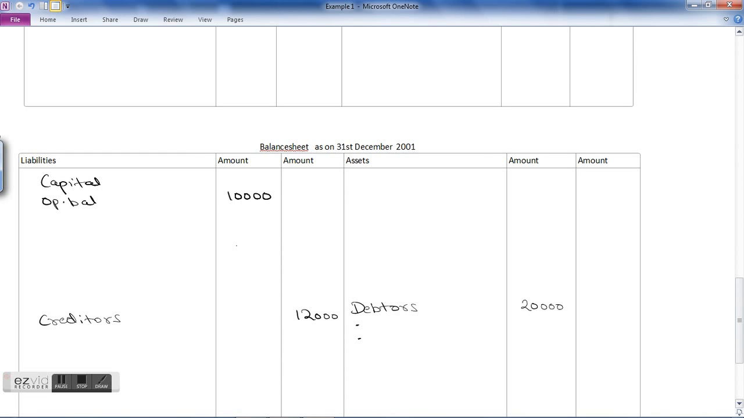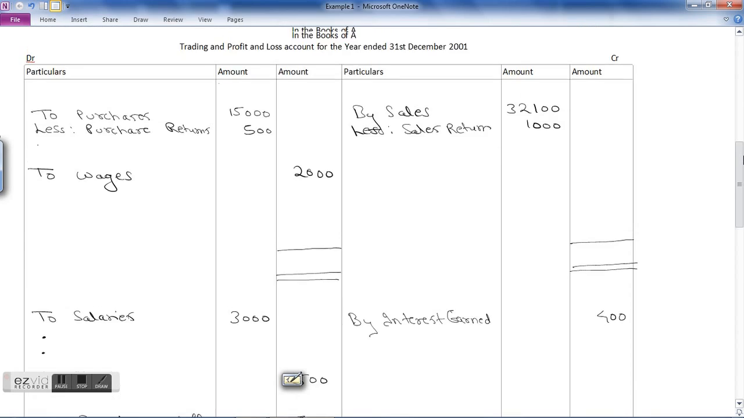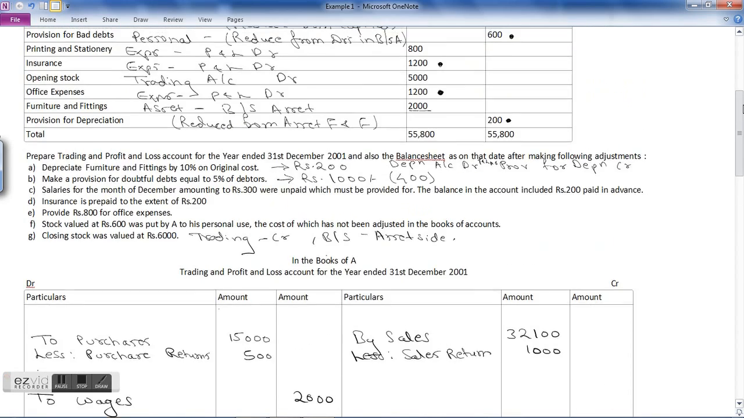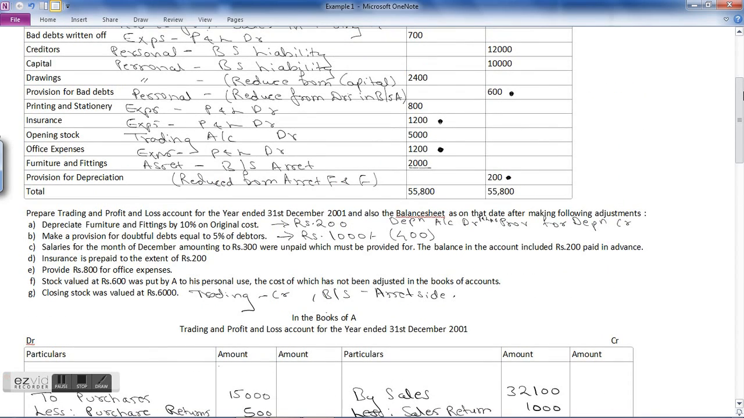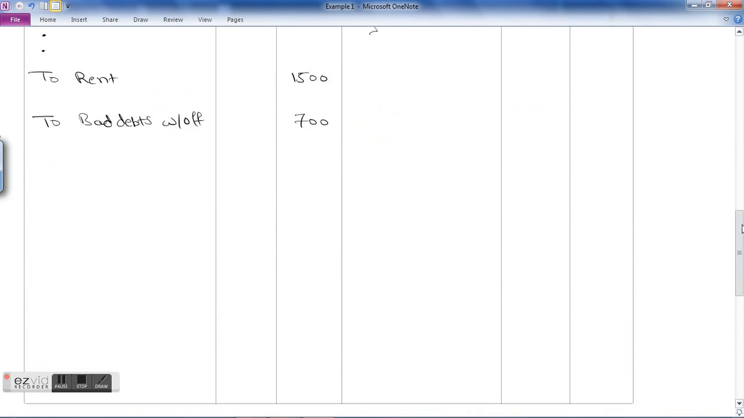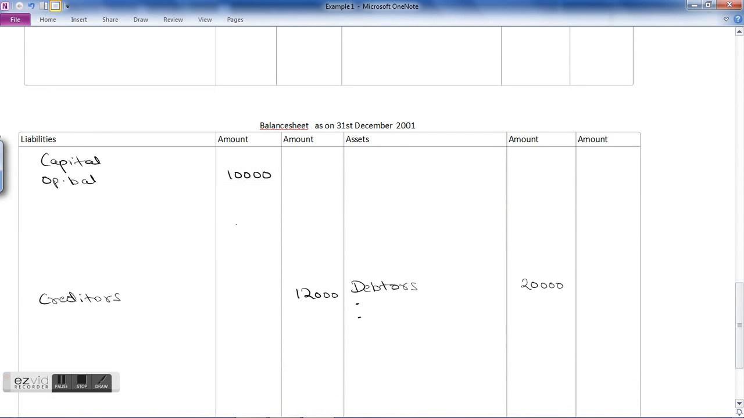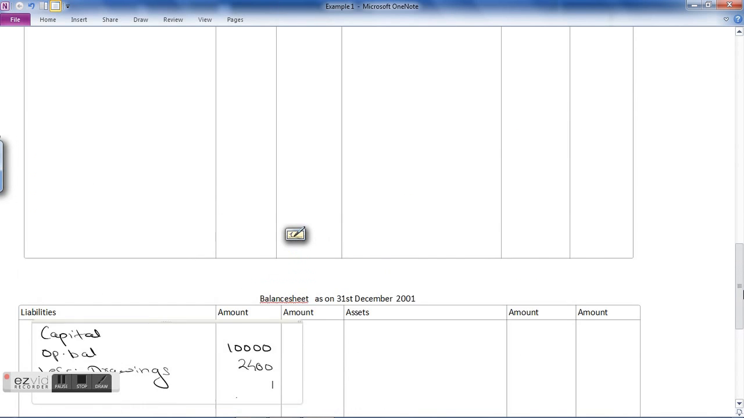Then what is the next one? Drawings, we have to reduce it from capital. How much is it? 2,400. So less drawings, 2,400. Then next,